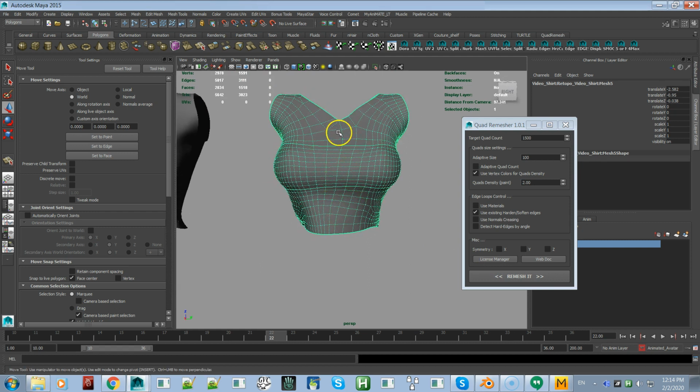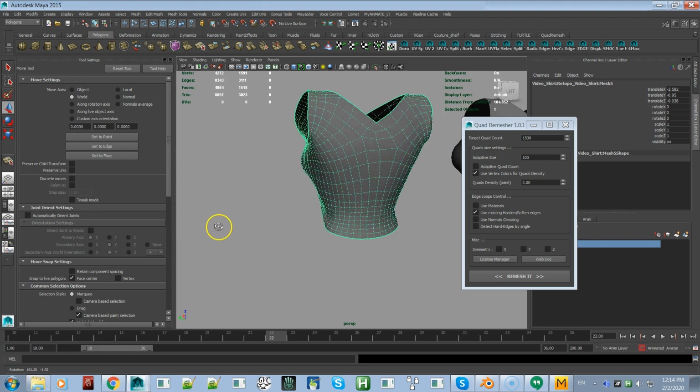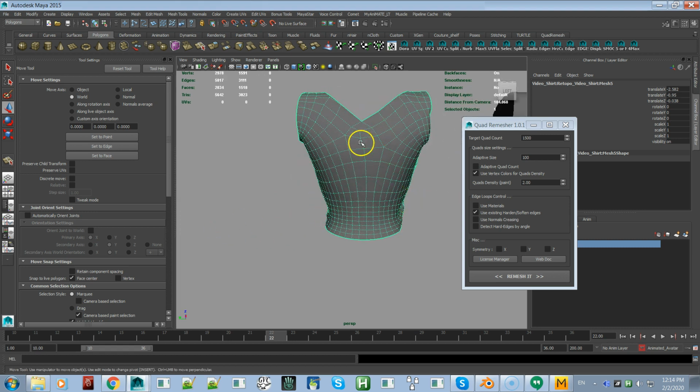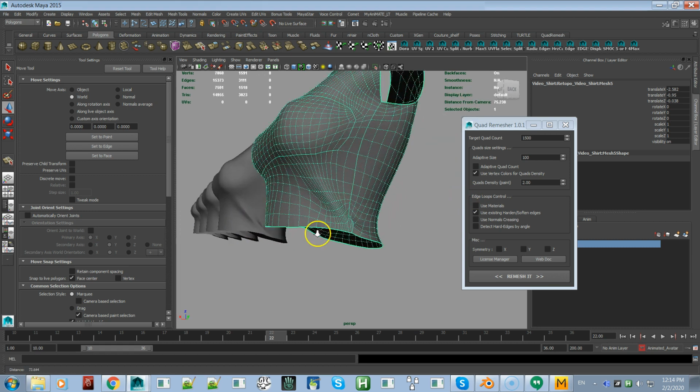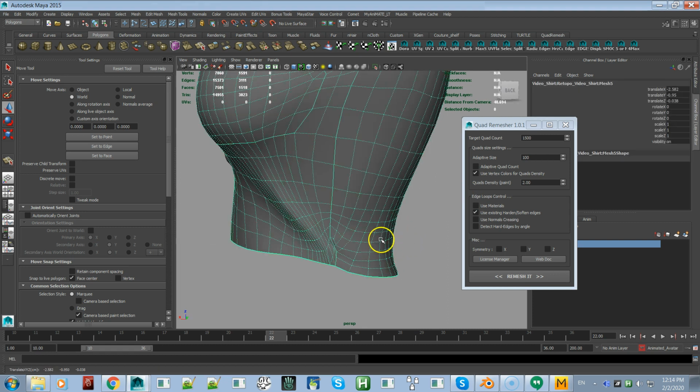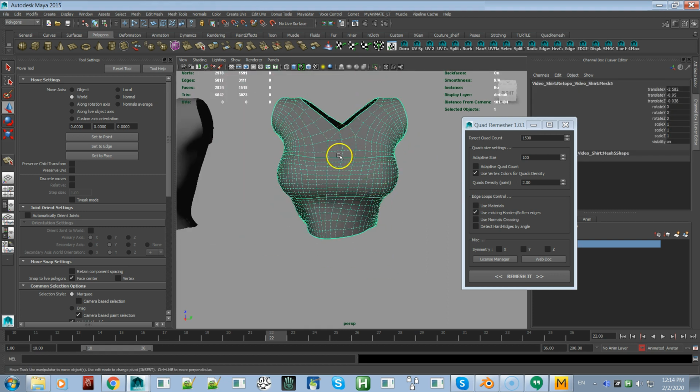Not too bad. See, that's why I like having the edge loop going straight up and down. Yeah, I'm not real thrilled with this back here either. Did it help us with the side thing? No, not really. So you can play with adding edge loops that are hard to use as guides, and